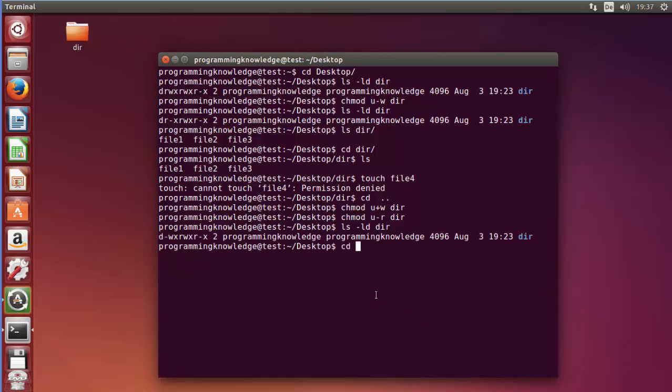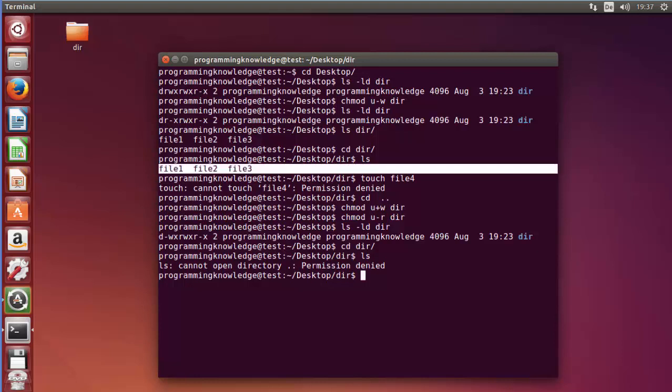Now I will once again go inside the directory. I will do cd dir, and we can go inside the directory, but when we do ls here, you see it says permission denied. So we cannot read the content of the directory. We can go inside the directory, and we know that this directory contains 3 files, but because we have taken the read permission from the user, we cannot read the content of the directory.